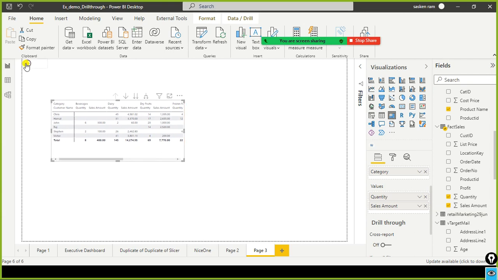So up on the left here, you can find this back button enabled. The moment you drag and drop any column under drill through, this one gets enabled. That means this page has drill through enabled. And on other pages, whichever pages use a category related visual, the drill through will